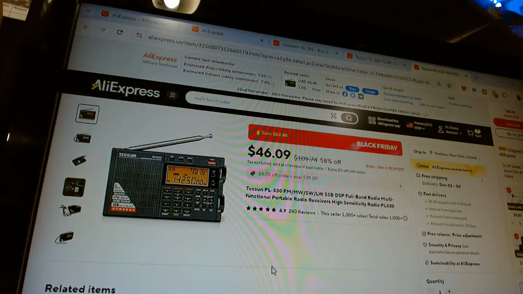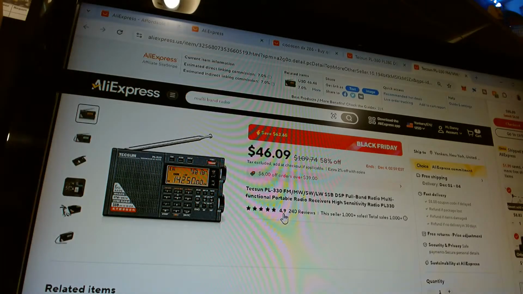I have the 660, but I heard this radio is much better. It's 4.9 out of 240 reviews.